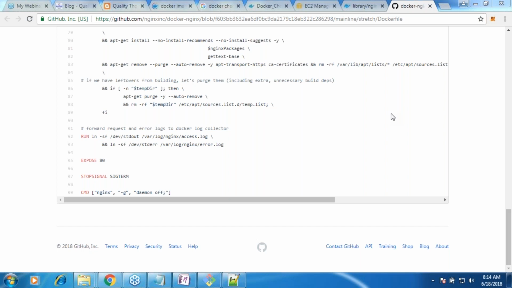Okay. Can you please create one image? Yeah, I'll be doing that. But if you don't know all of this, even if I create a Dockerfile, you'll not be able to understand why I have done all of that. So we'll be doing that. And tomorrow I'll be using one more command, which is called docker build. You can refer to that command beforehand. For building the image from this Dockerfile, I'll be using a command called docker build.